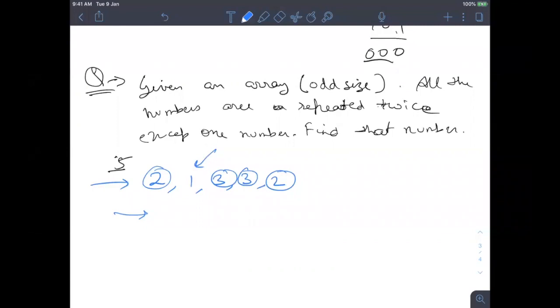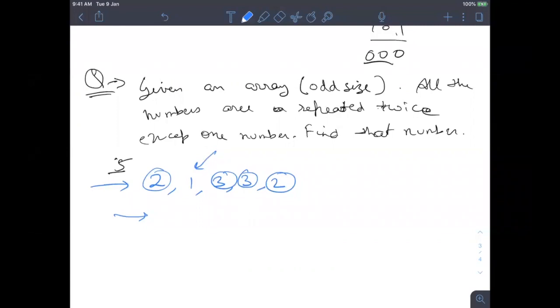So question is, you are given an array. All the numbers are in pairs. Basically, all the numbers will occur twice. Only one number will occur once. Like I'll give an example. Let's say you have an array of size 7. The numbers are 3, 3, 5, 1, 1, 5, and 8. So you can see there are two 3s, two 1s, two 5s. Only one number will occur once. All other numbers will occur twice. So can you tell me how will you find that number?